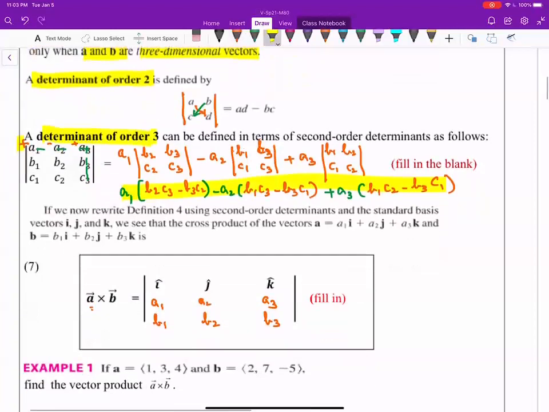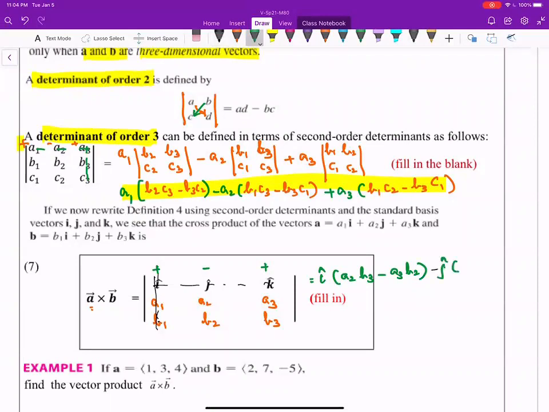So A cross B can be considered this way. If I expand this, I choose to expand through the first row, so plus minus plus like that. So it will be equal to I times, you will have A2 B3 minus A3 B2. So when you do I, you need to remember to hide the first column and the first row to which I belongs. Then expand with the negative j,